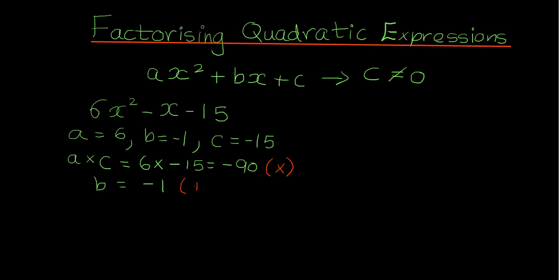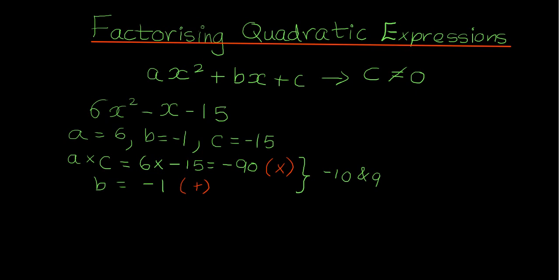Okay, so I need to now find two numbers that multiply to give me minus 90, and at the same time those two numbers add to give me minus 1. So the numbers I'm going to look at are minus 10 and 9. So minus 10 plus 9 will be minus 1. Minus 10 times 9 is minus 90. Alright,